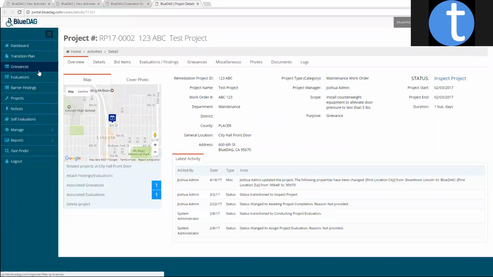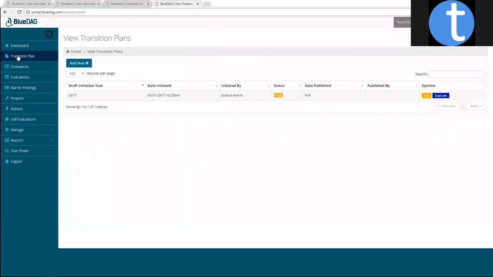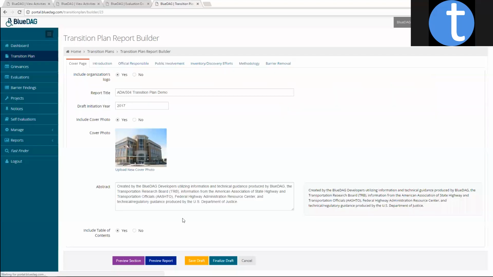In addition to grievances, evaluations, and projects, we present a transition plan builder. The transition plan builder has versioning, the capability to duplicate between years to make simple edits between year 1, year 2, and so forth. Our transition plan builder covers a variety of areas, including obviously a cover page, introductions, listing the official responsible, any public involvement,